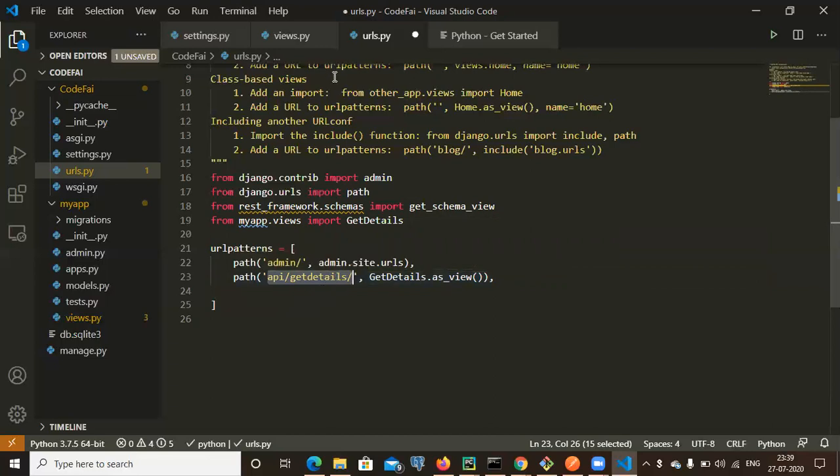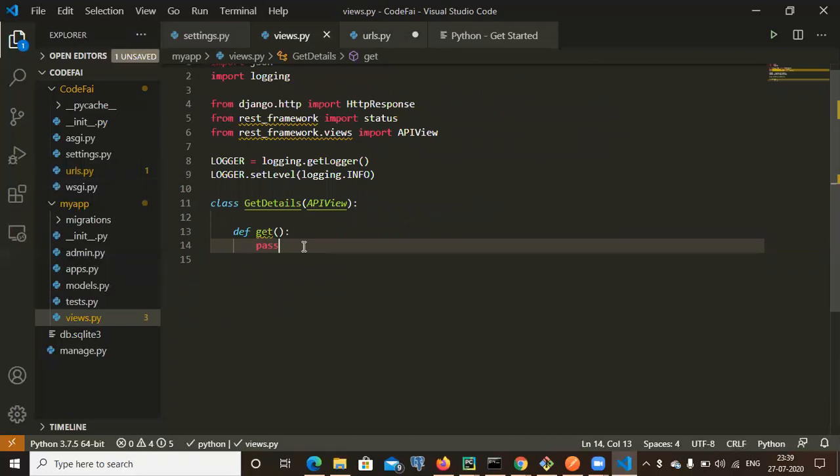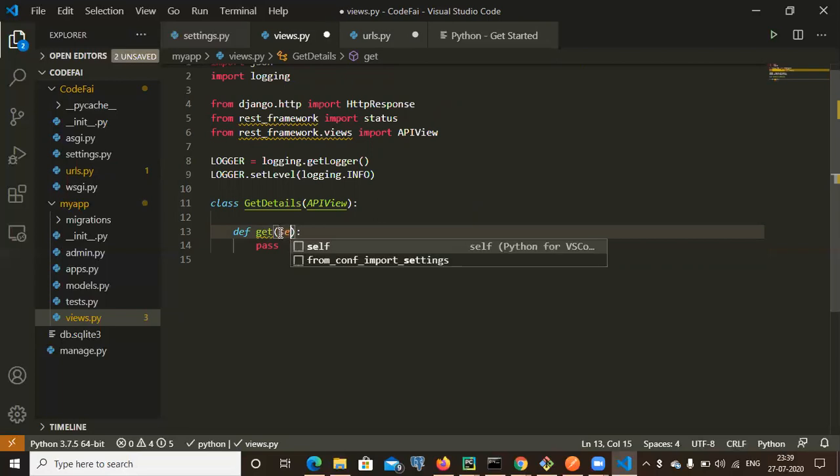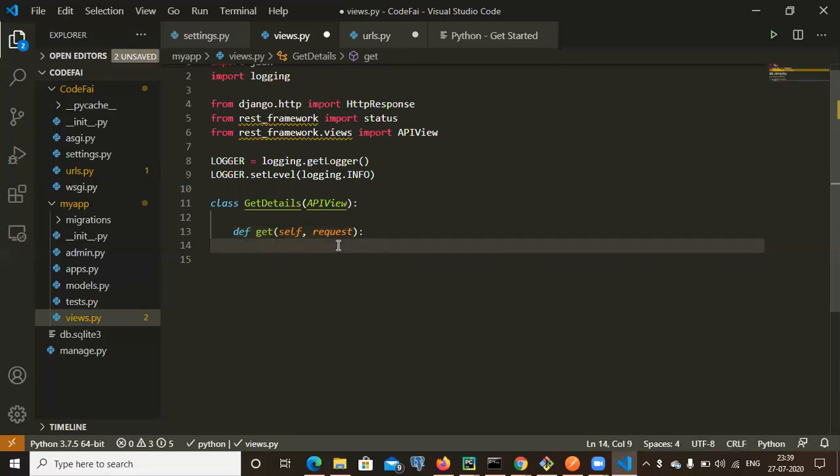After this, I will get the data from this views.py file. So for this one, I need to do some self, request.